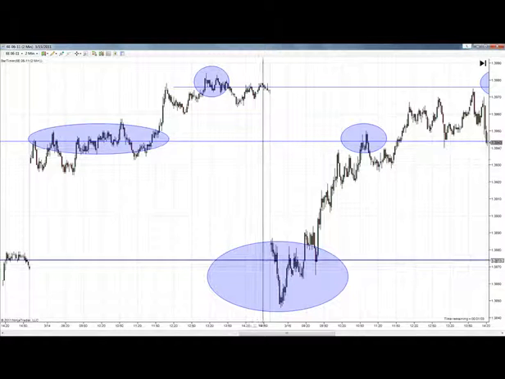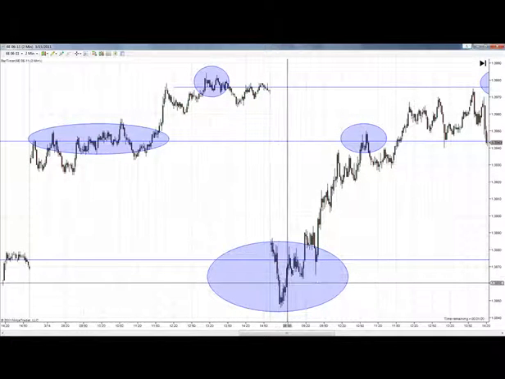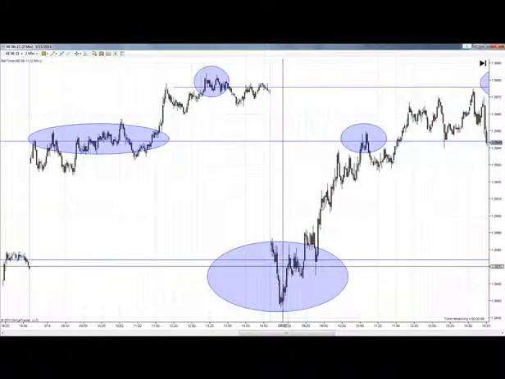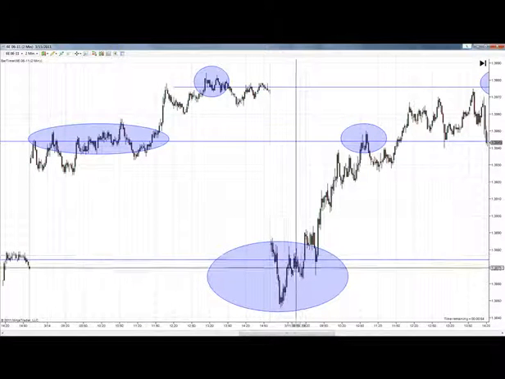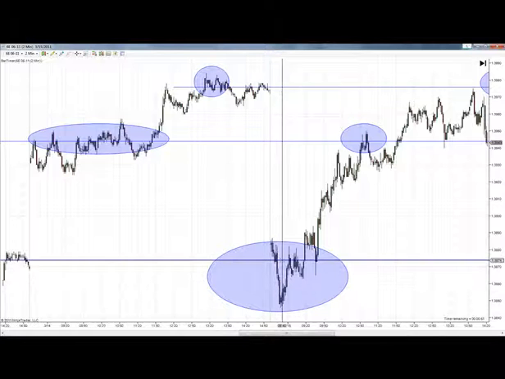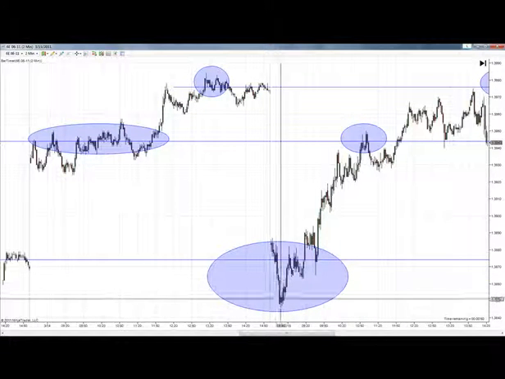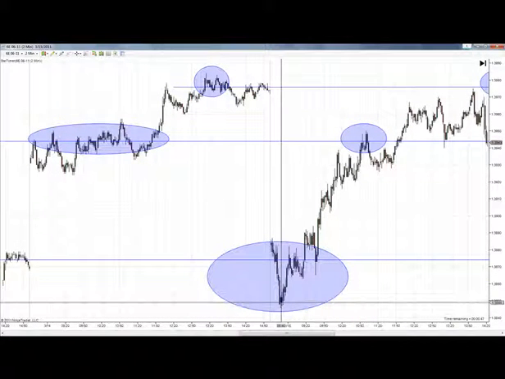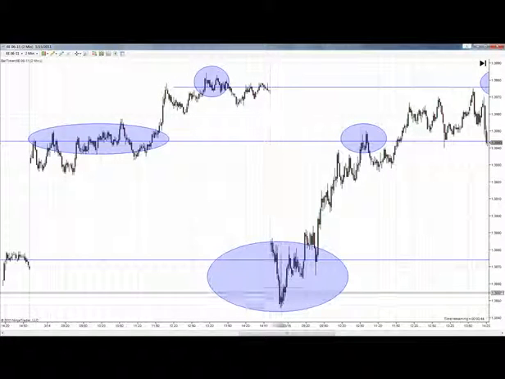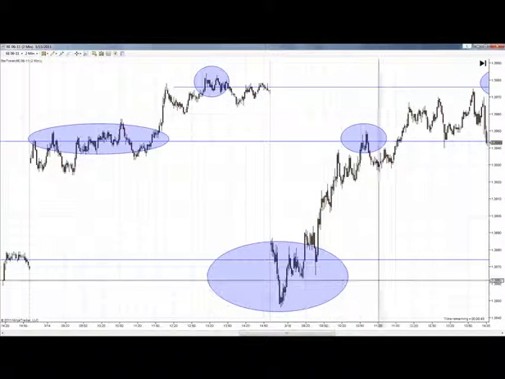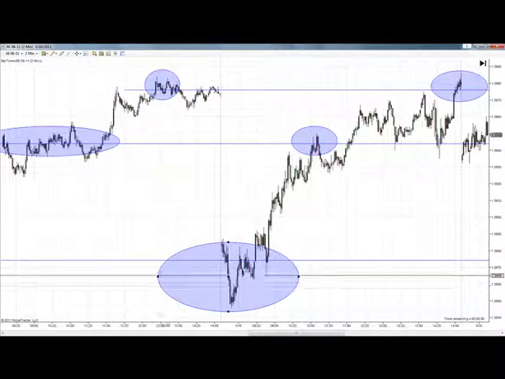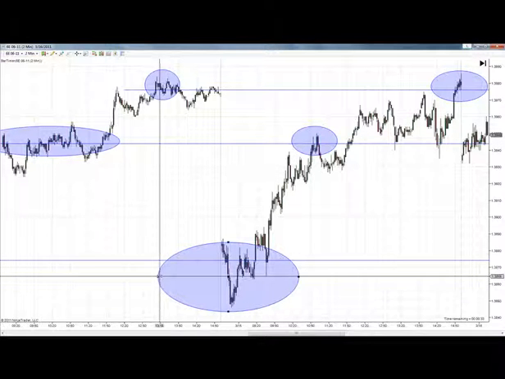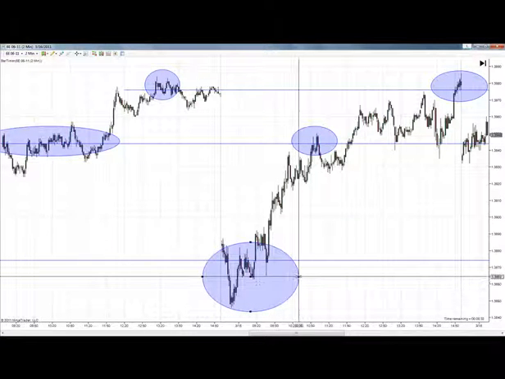Now we also have this area right here, which was huge volatility for this morning on the 15th. It did bounce off of our support line, but there wasn't a very clear indication of the trade down here, so that's a trade that most likely you wouldn't have taken, or we wouldn't have taken, even though it did pay out. Now, that's okay. Even though this is a trade we would typically sit out on,